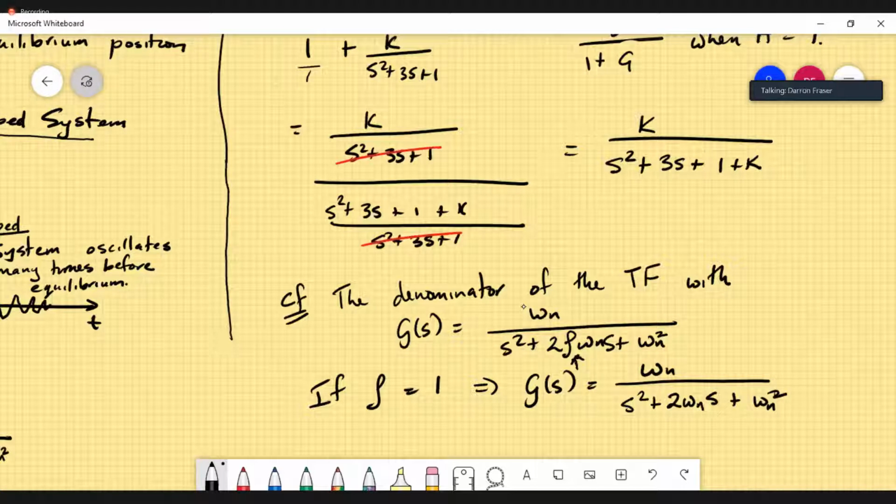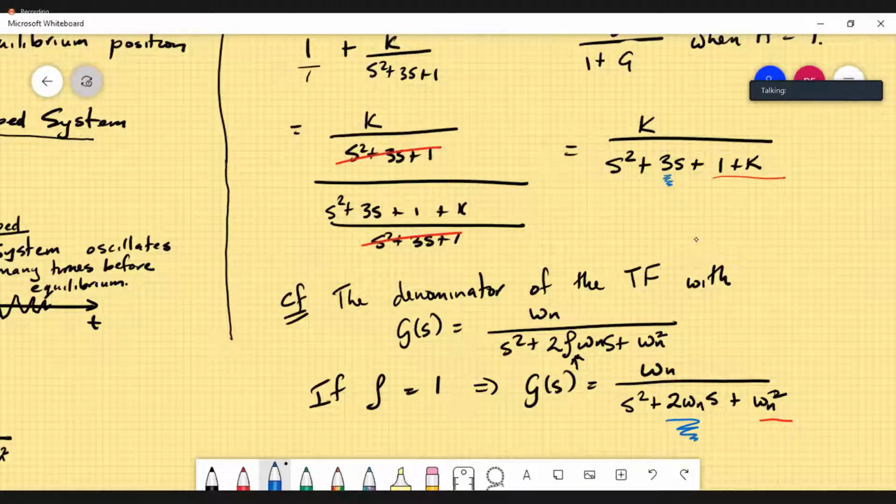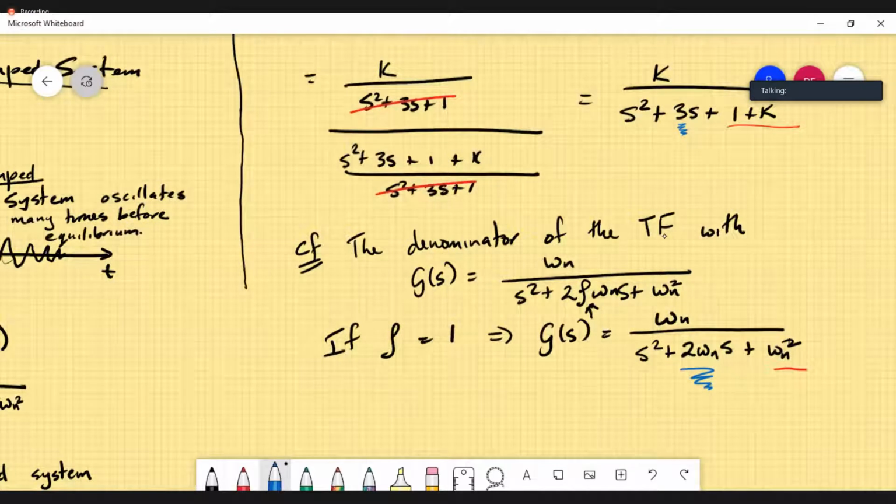So we're going to compare like with like in the denominator. You will see that as we progress. So if we compare,